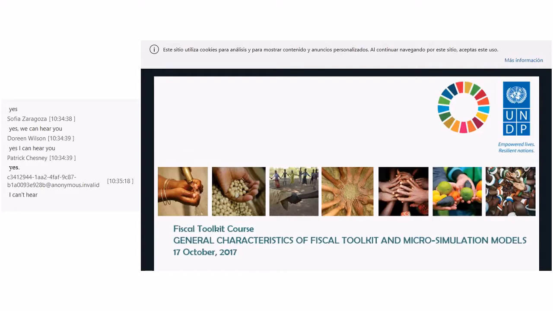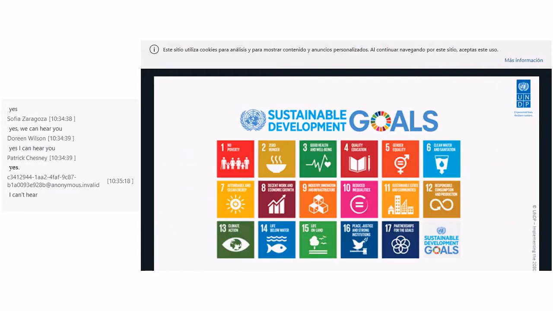This is actually the first unit in which we are going to go a little bit deeper into the microsimulation process. So, retaking from last week, we were speaking about